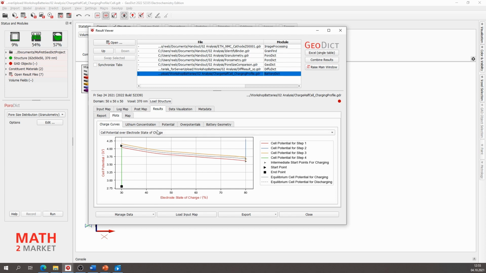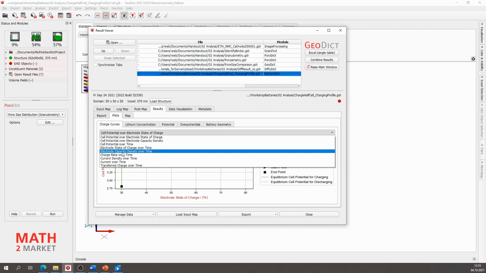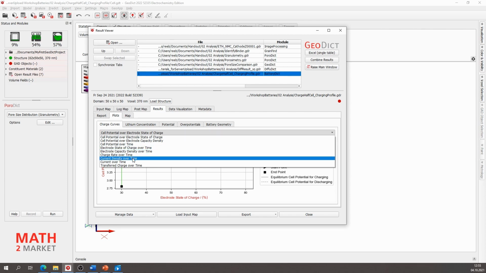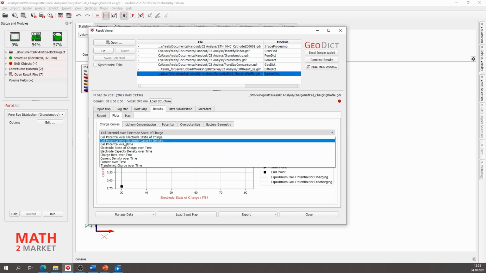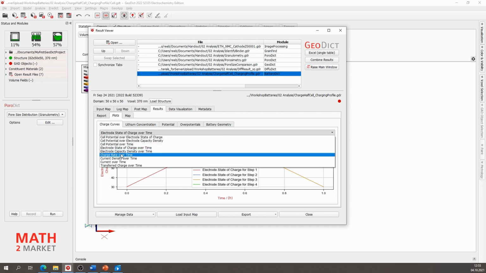And here we can change the cell potential over state of charge, over capacity density, over time. We can have the electrode state of charge over time, the capacity of the electrode over time, and a lot of different plots. Here you can see everything of that.